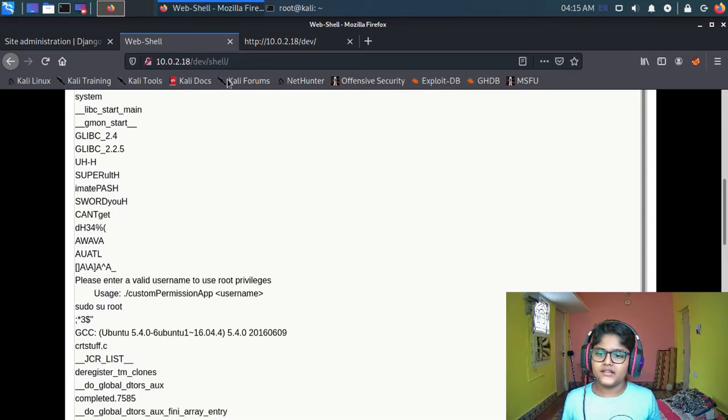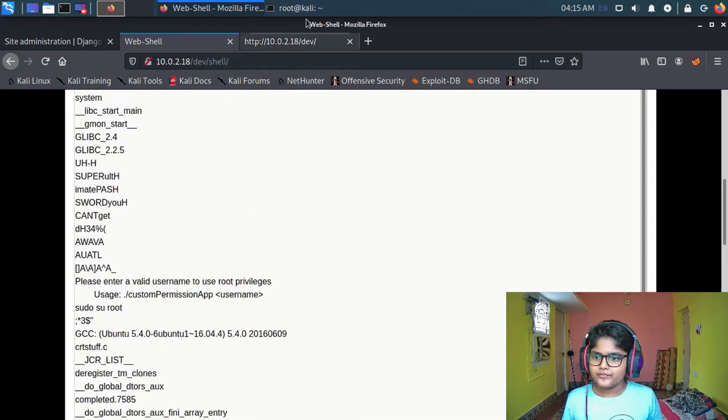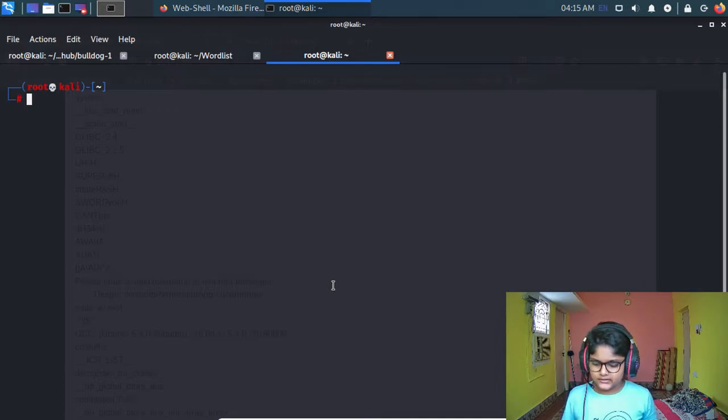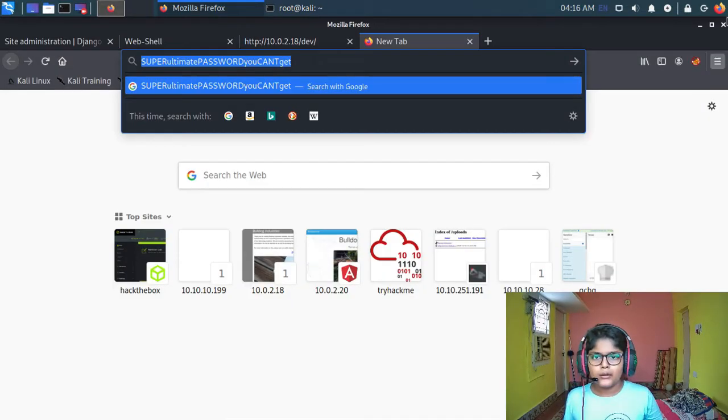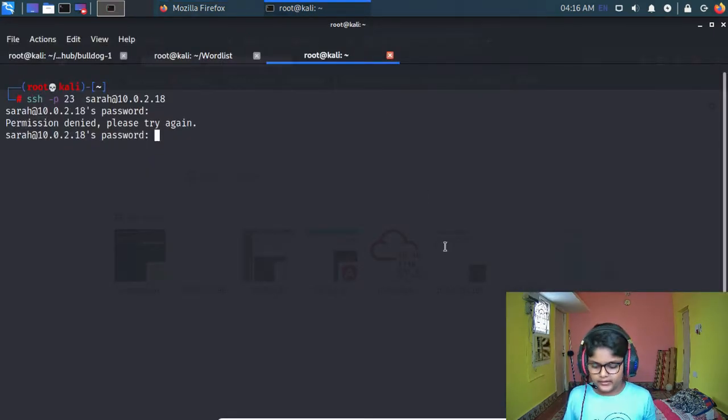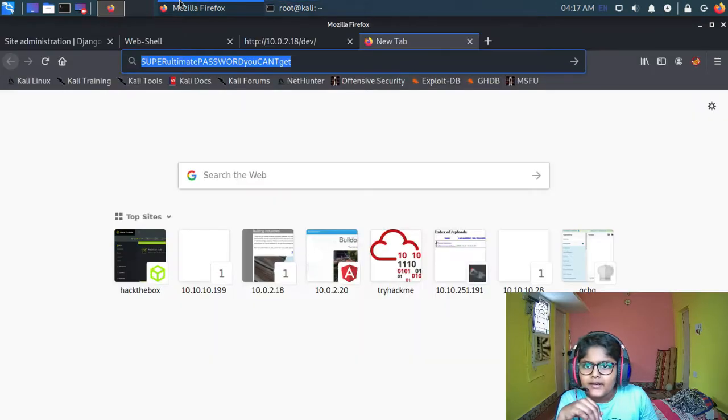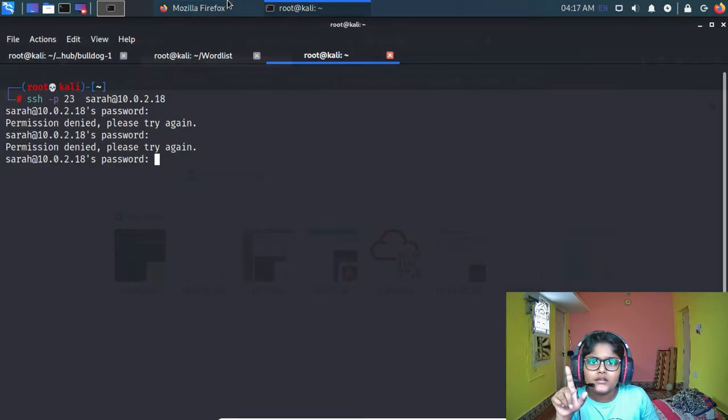Okay, interesting. So let us once again try to log in with that password. So let us ssh into that. Okay, let's copy that and once again try it. And we found that in the note file, there was a Nick username.